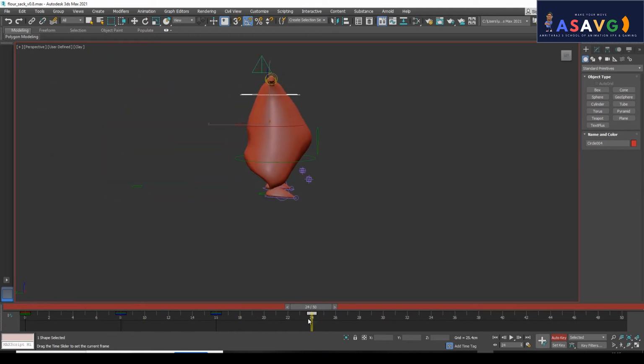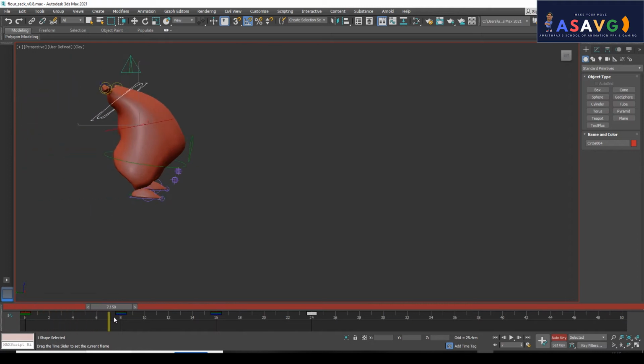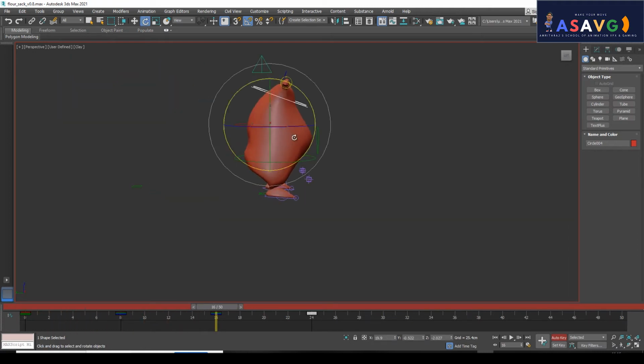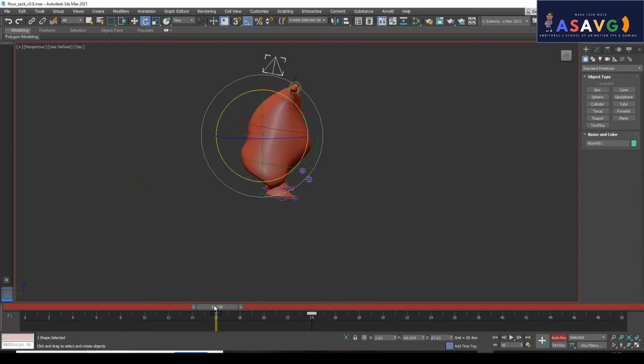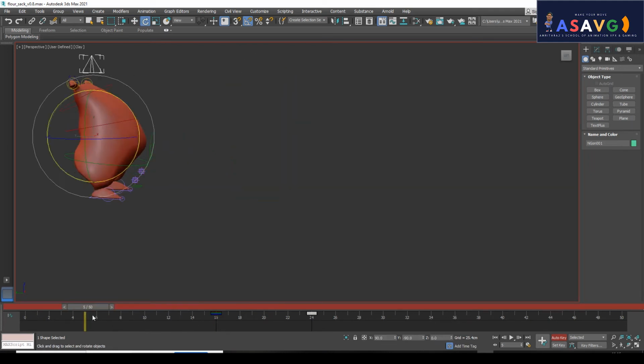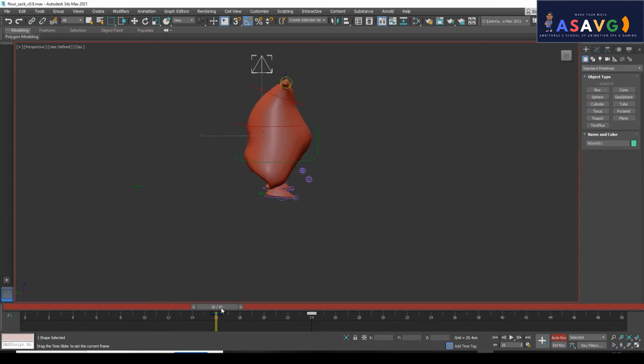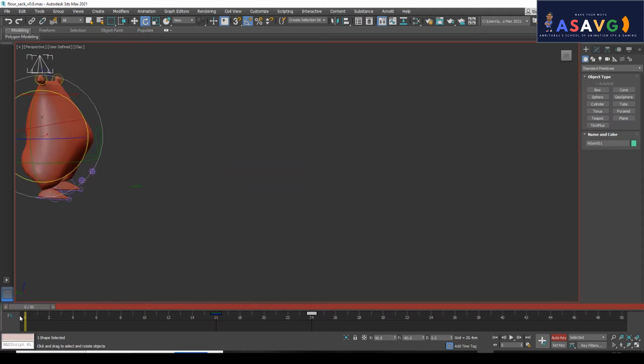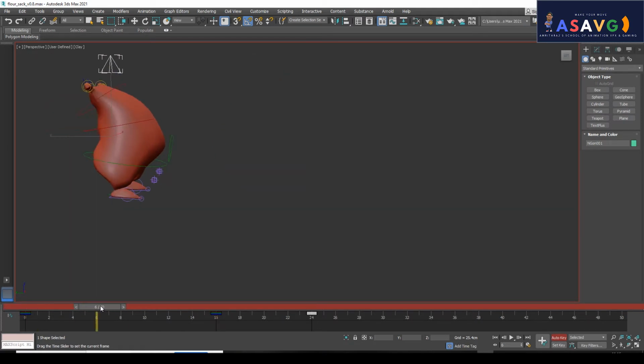You're getting it, right? Not even only this one, I am dragging it over here and he will make a movement like this. That is the problem. This control, you see this control, right? This control I will be making like this. This is affecting, but you can't see any controls on the first frame. That's very important. So make sure that you are making these keys also from here.